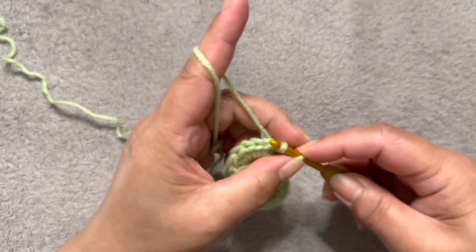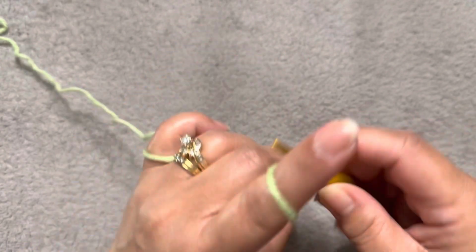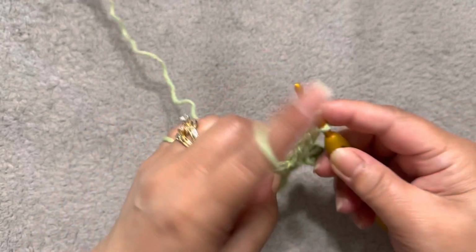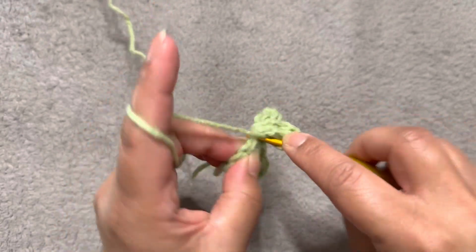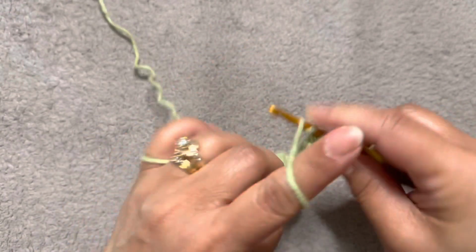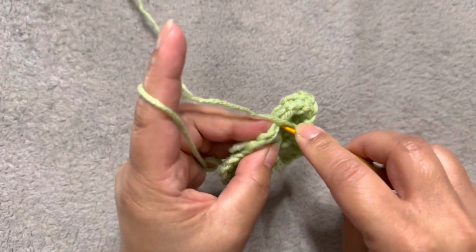Okay, now we have 2 petals. All right, and make a chain 3 again, and we are going to repeat it for the next stitch. 1, 2, 3, 4, 5, and chain 3 and slip stitch into the next stitch again,